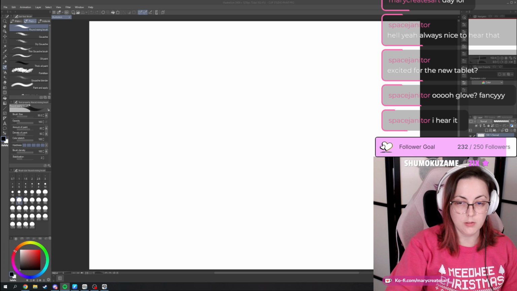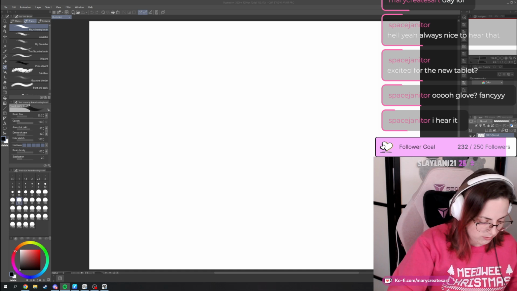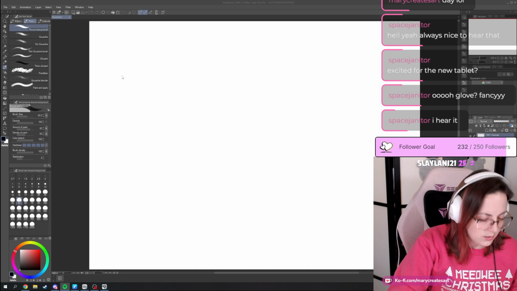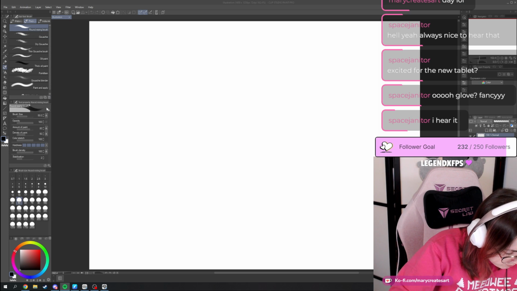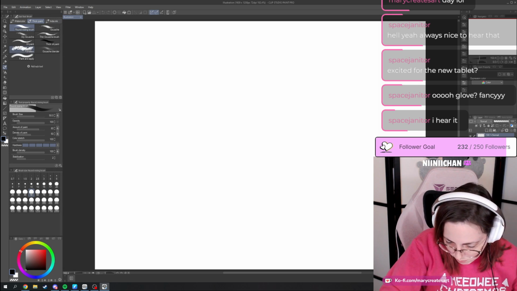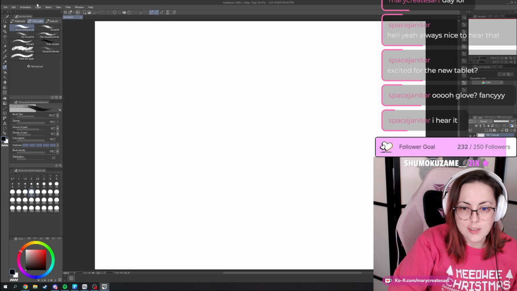Should I adjust this to be more center? I don't even know. It basically is functioning like a third monitor. Can I adjust the size of this? How do I adjust the panels? Ooh, that helps. Okay. I was downloading some brushes. I have literally no idea how to use Clip Studio, so